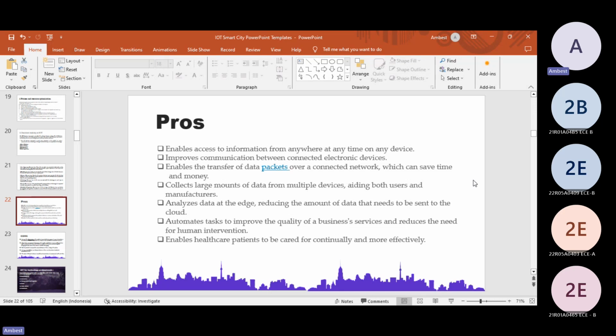The next thing was it analyzes the data at the edge, reducing the amount of data which needs to be collected in the cloud. Whatever data we have is stored on a cloud, and by that it reduces the amount of data required. And the next thing was it automatically improves our tasks, business services, etc., without any human to human or human to machine interactions. And it enables health care patients to be cared for continuously. That's the more profitable thing. And coming to the cons of this,